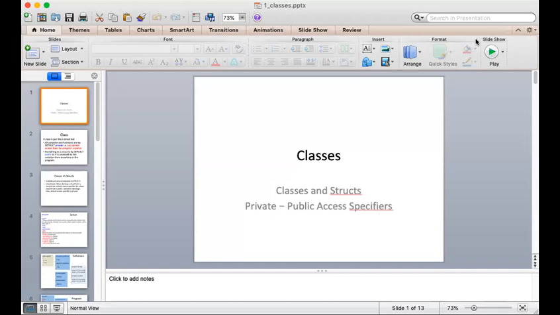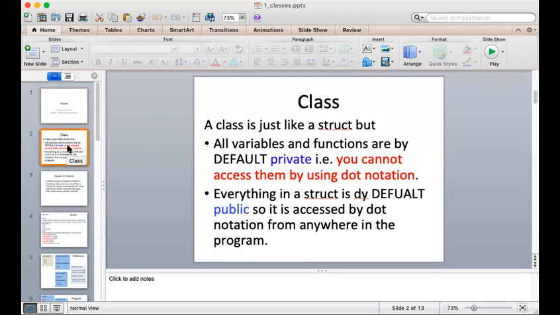Okay, so today this video which I'm recording pertains to some basic concepts related to another user-defined data type, which are called classes. We'll really be dealing with the terminology from this lecture onwards that relates to object oriented programming. So we'll have a data type which is called classes, which is just like structs, but there are some subtle